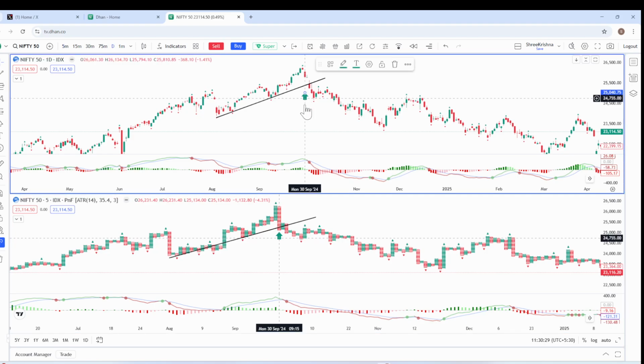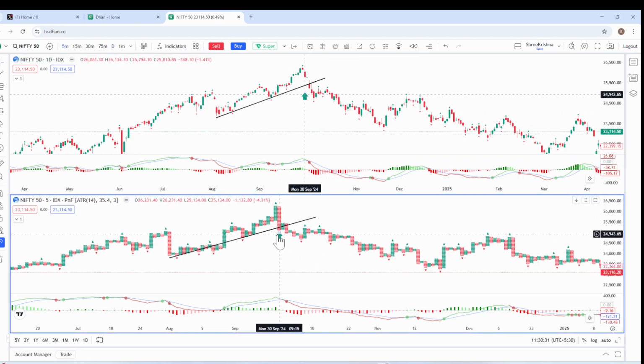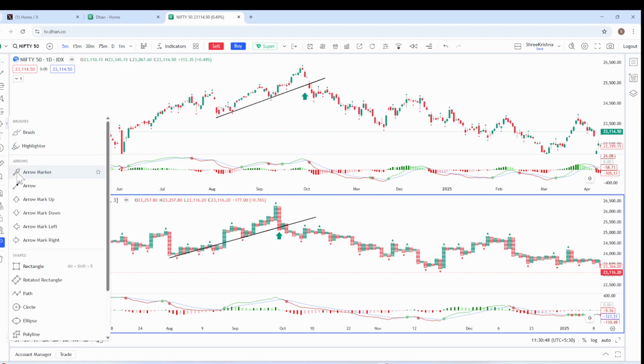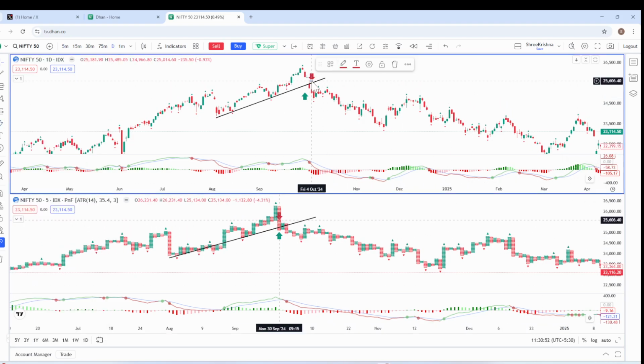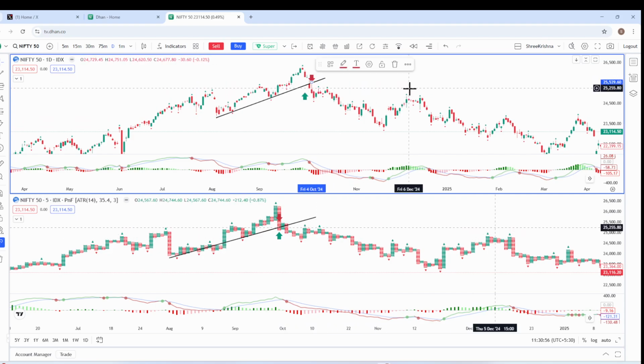Here also it comes basically, but you have to concentrate on the point and figure. When that breaks, your stop remains 25,452. When you see 25,452, you will come to know that it is this candle high, that candle high. That stop remains over there,